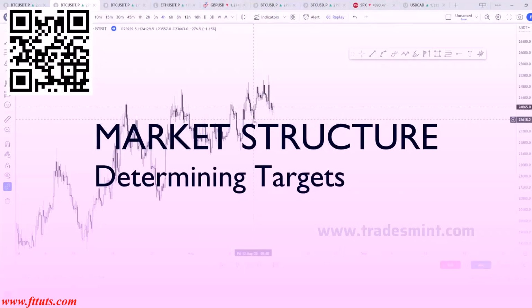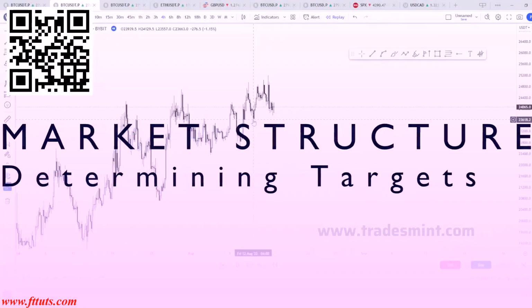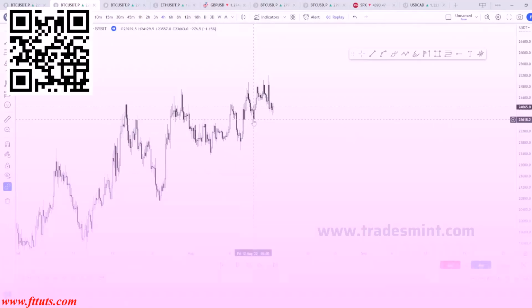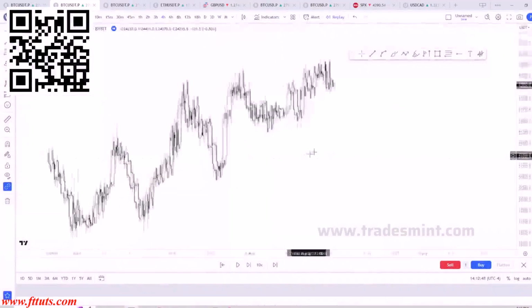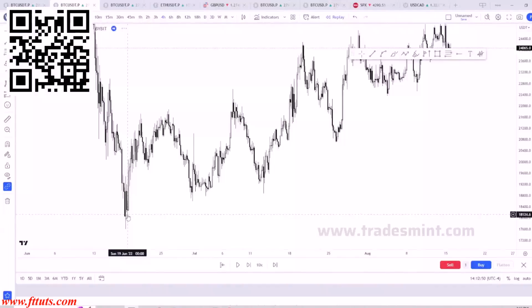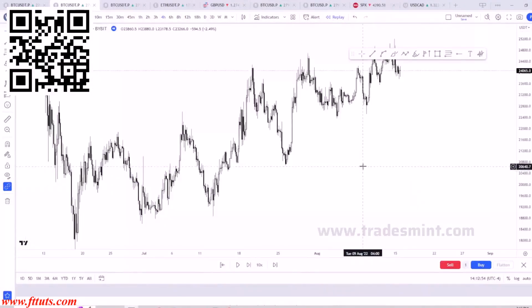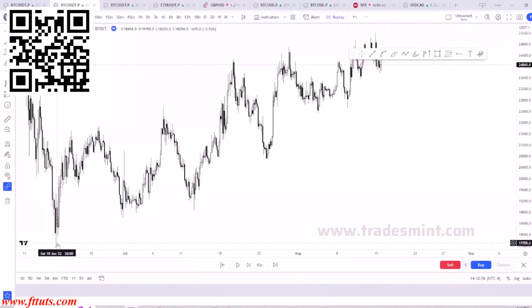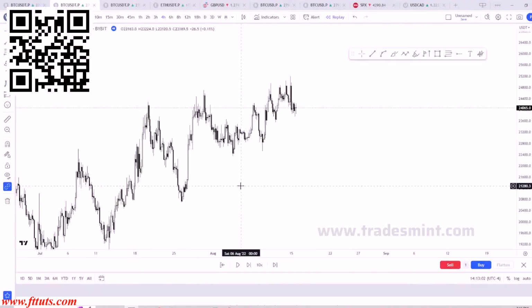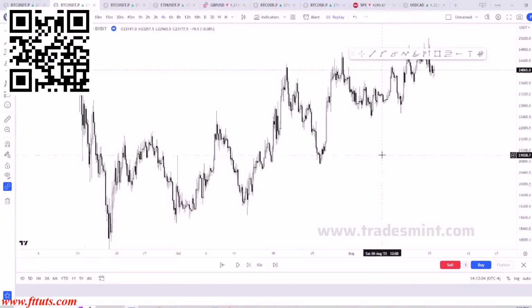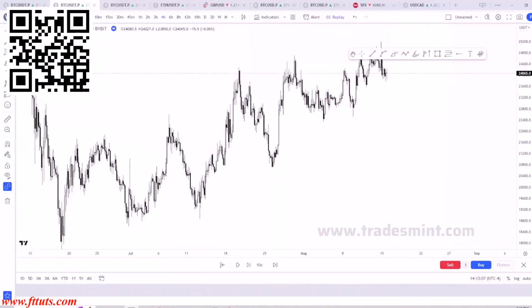So market structure can also be quite useful in helping us determine targets for a trade. What we see in front of us here is previous price action that occurred about a year ago on Bitcoin. And as we can see, it appears as if price is making a series of higher highs and higher lows. So without really understanding market structure, or with a very basic understanding of structure, without realizing the difference between,